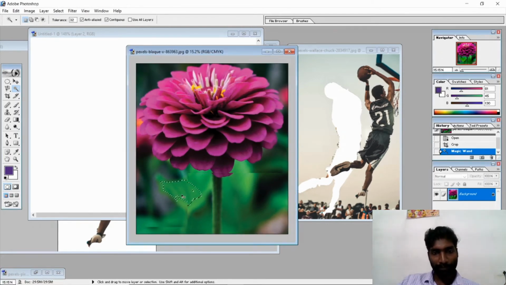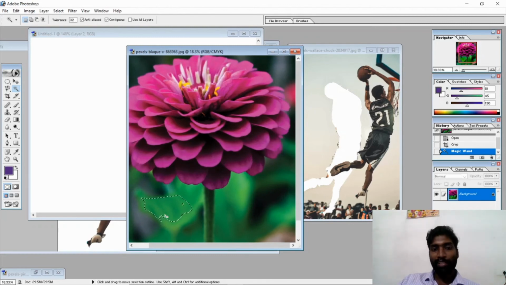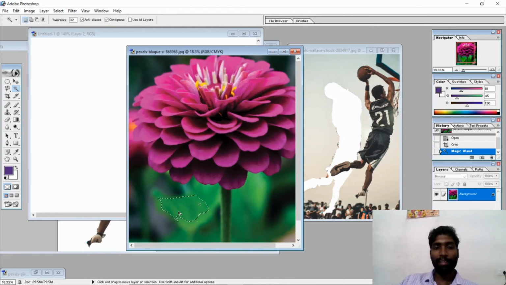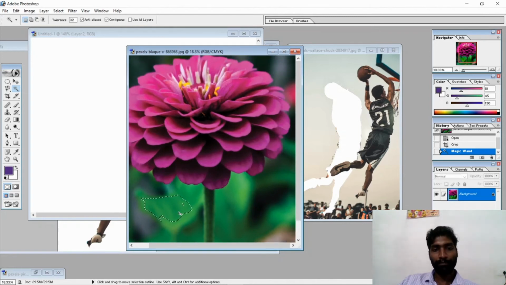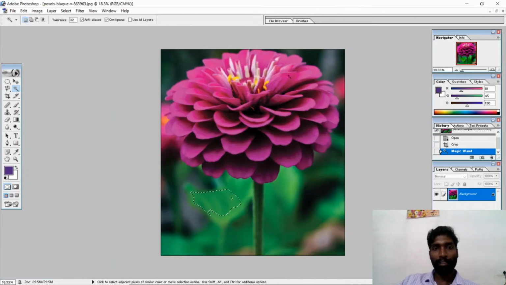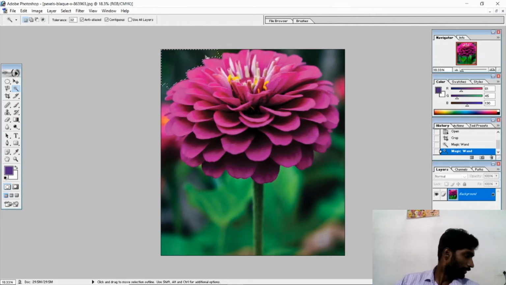You can see here the area having the same color is selected. Now in this, they all have the same color. In case, if I click here, all this area has the same color. Now if I want to delete, I can delete. These are the things you should know. The area having the same color is selected automatically. If I want to delete, I can delete. Just see, delete. Now I'm not going to delete.